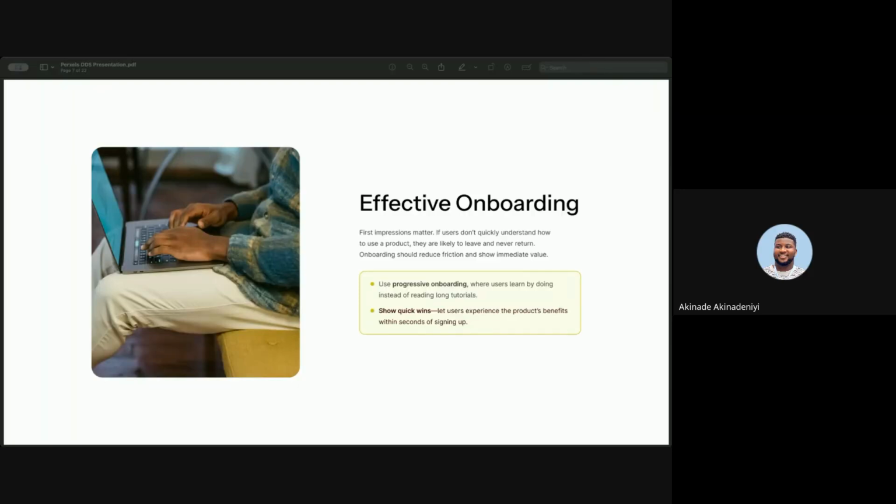I don't know if you can see the screen I'm sharing. Can you guys see the Slack image, or are you seeing the effective onboarding? We're just seeing the effective onboarding. Oh, okay. Let me try to share my screen again. Just a minute.